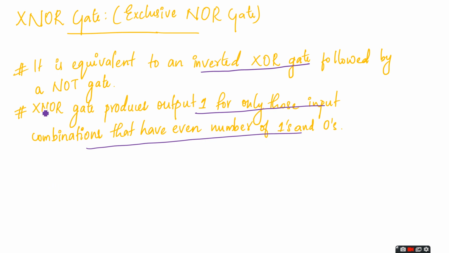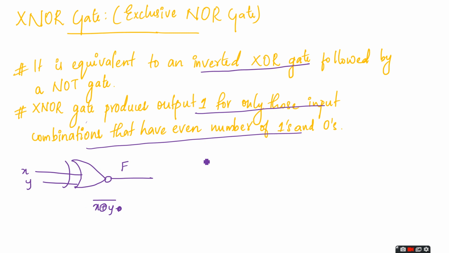So for the symbol, first we will draw a NOR gate. Before that, we will draw a curve. So we are passing X and Y through the exclusive NOR gate. This is the symbol. Then we will get the result F. F means X exclusive OR Y, complemented. This is the exclusive NOR. This is the result of exclusive NOR.